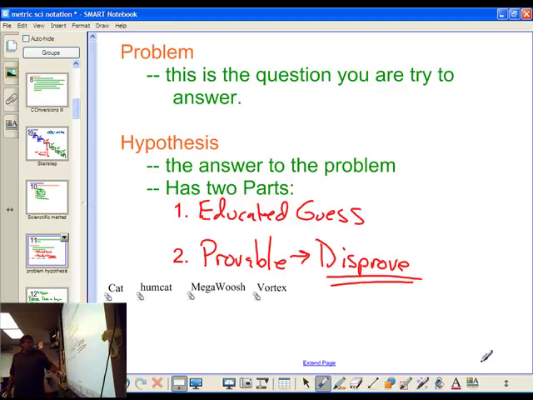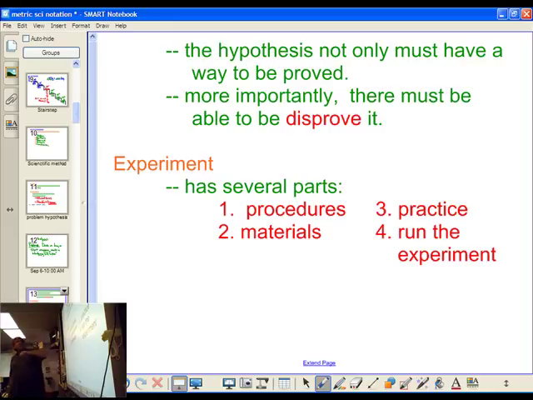This is notes. All right, so the hypothesis must not only have a way to be proved. Obviously, if we have no way to prove it, it can't be a hypothesis. But more importantly, there has to be a way to disprove it. Does that mean you want to disprove it? No, but there has to be a way to disprove it. An example here. If I said,